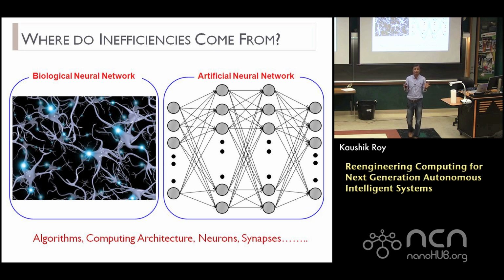And from whatever little that we know of the brain, the architecture of the brain is not like a von-Neumann computing machine. It turns out that in the brain, we have different synapses and neurons, and somehow the computation is certainly done in the memory itself. In some ways, the memory does the computation too, which we don't do in the standard von-Neumann machine. So that can certainly be one inefficiency that exists. Finally, we don't have the biological neurons, the biological synapses, and more importantly, we don't even have the algorithms.